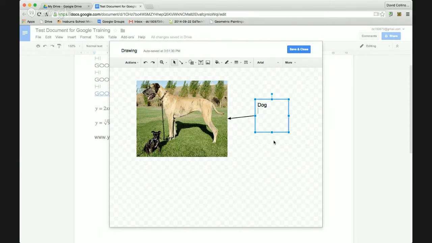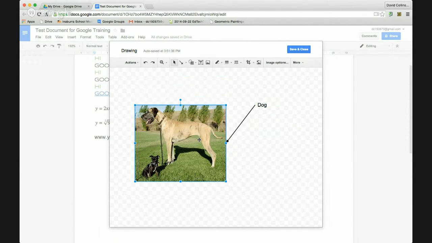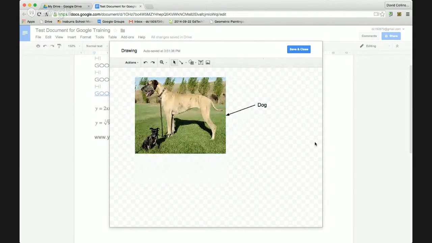So grab that, click the dog. Let's make it a bit smaller. So note that now when I move things around, there's some great tools here in the drawing program, but I'm not going to be able to get to all of them today, but at least it shows you how you can get a lot more flexibility in trying to create something there. Now that I've created that,